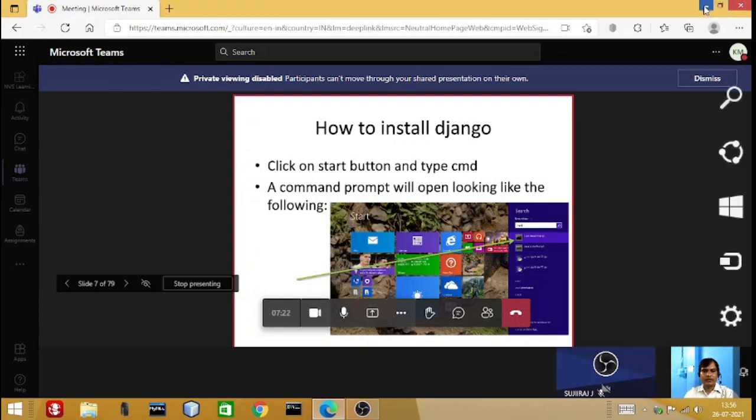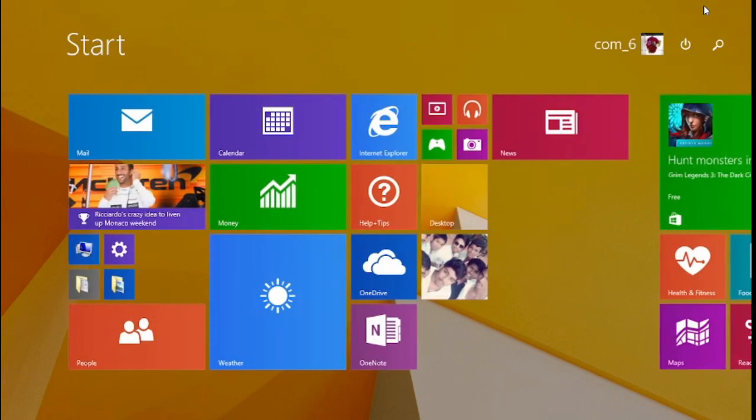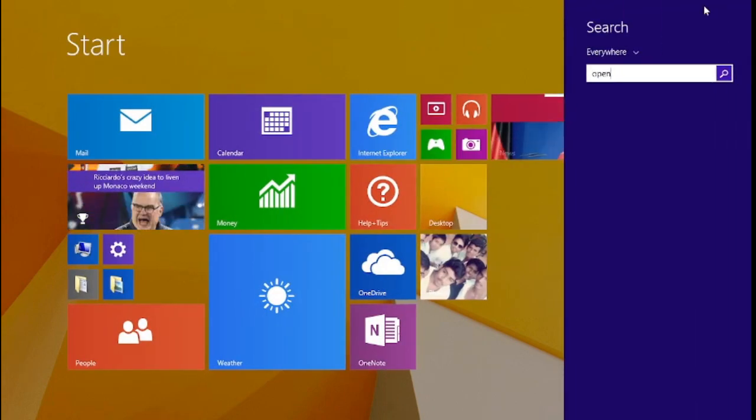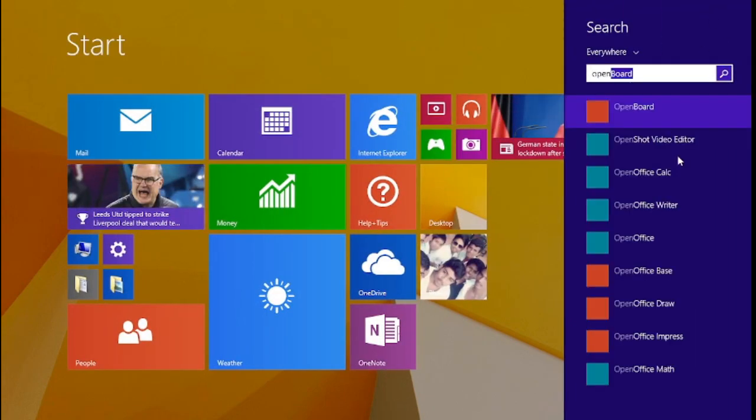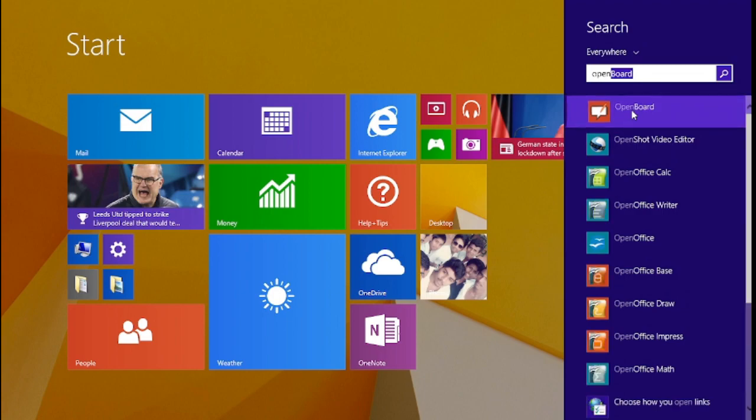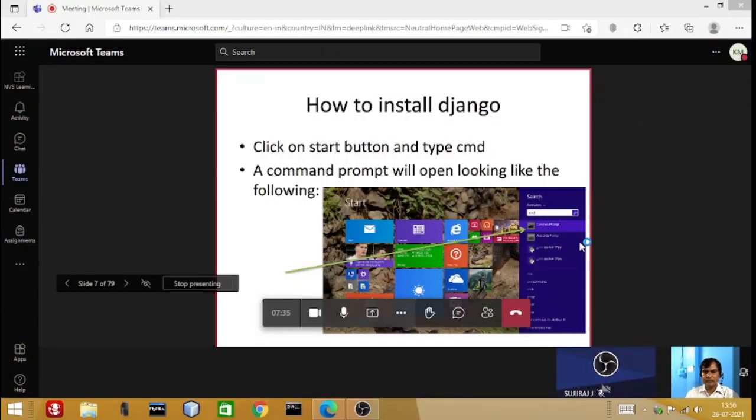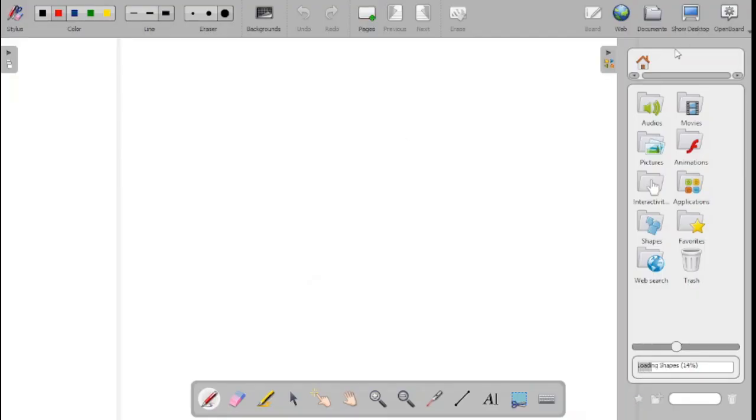Meanwhile, this is my sincere advice to all the teachers: use Open Board. Use Open Board. It is a very good application. I will start Open Board and show you a little bit of demonstration. Start Open Board and click on Show Desktop.